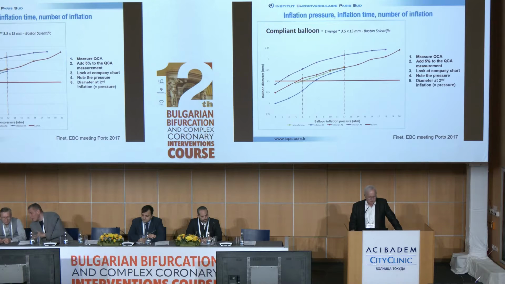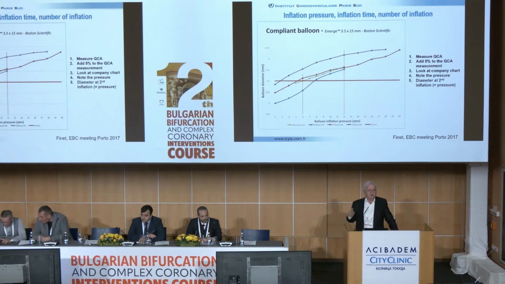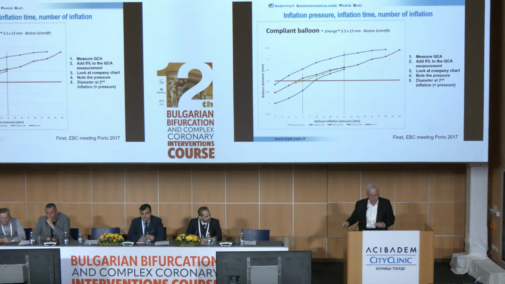And you can see here in the clear blue at the bottom that it's difficult to reach the reference diameter, the nominal diameter, with the first inflation. So if you have a first inflation, especially if it's short, I will discuss that later, you are not at the diameter you have selected. So you will malappose, for sure. And if you inflate a second time, in orange there, you are overlapping the data of the company. So we can consider that you will have the diameter exactly as it was selected and corrected.